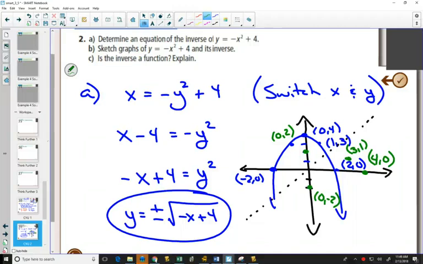So you can graph 0, negative 2 as well. And when I graph this,